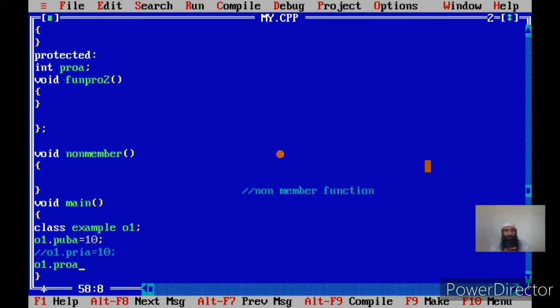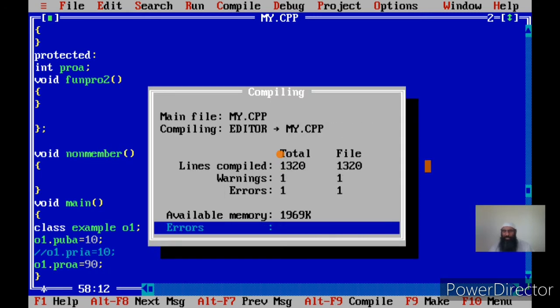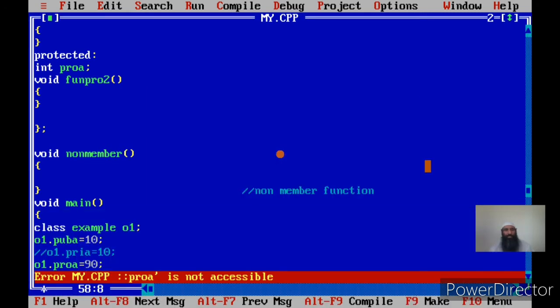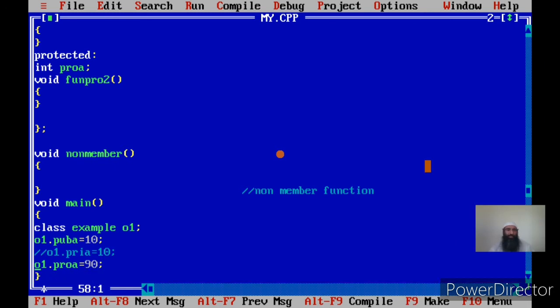Now we are trying to access the protected A. I am trying to assign the 90 value to it. There is an error. What is the error? It is not accessible. So this is the rule. The non-member function cannot access the private part.